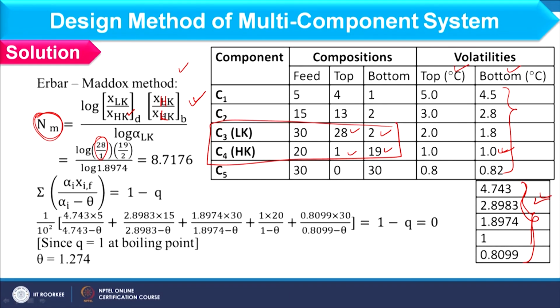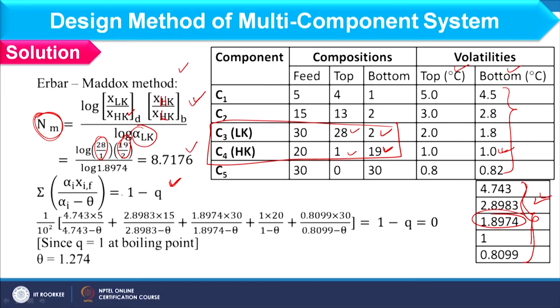So, this correction you should consider, and here if you consider heavy key in bottom, that should be 19, and light key in bottom as 2. So, you can consider that as 19 by 2, and that should be divisible by alpha Lk. So, that is nothing but this value, okay. So, you can find Nm as 8.7176, and this equation we can use to find out